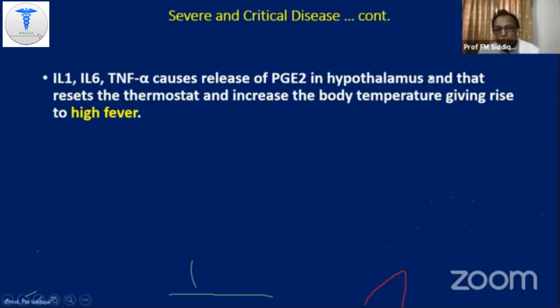In the hypothalamus, they cause production of prostaglandin E2. This prostaglandin E2 resets the thermostat of the hypothalamus, and that gives rise to very high fever. And a significant number of patients get very high continued type